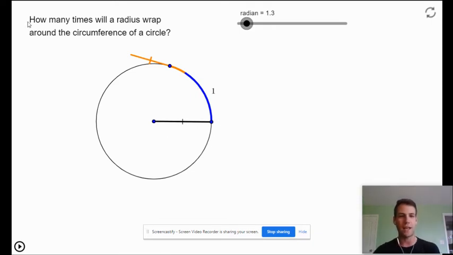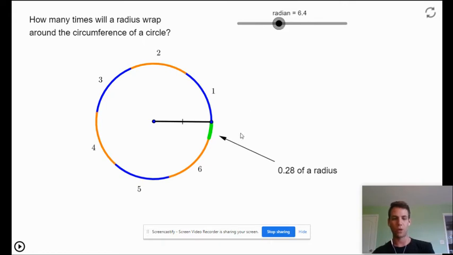And we're trying to answer the question, how many times will a radius wrap around the circumference of a circle? So if we follow this around, we can see we got 2, that orange one, 3, 4, 5 radius lengths, 6 radius lengths, and then we don't quite go to our 7th one. We actually have 0.28 of a radius length left over. So if you look at what just happened there, we have 6.28 radius lengths around the circle,